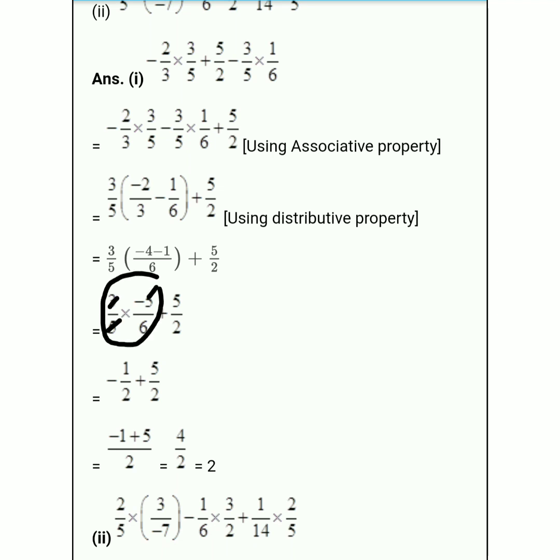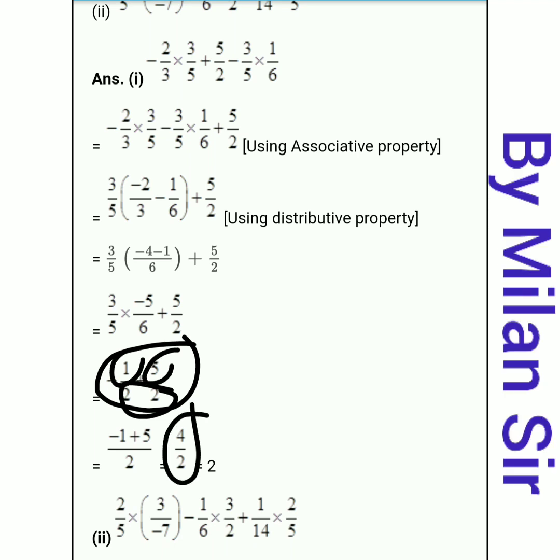5 5 cut here, 3 2s are 6. So here we get minus 1 by 2. Again our plus 5 by 2 as it is. Now denominator is same. So plus 5 minus 1. It's a 4 by 2. 4 by 2 it's a